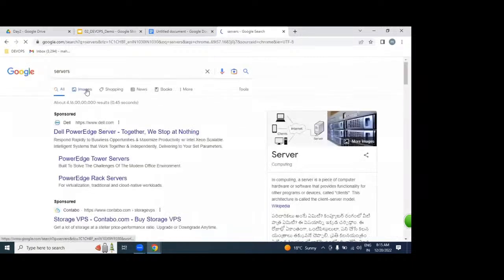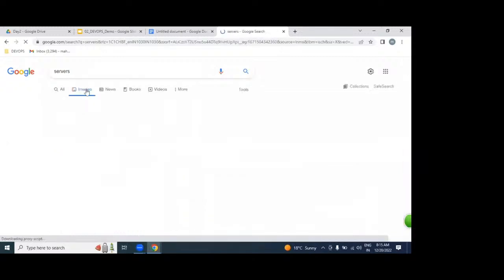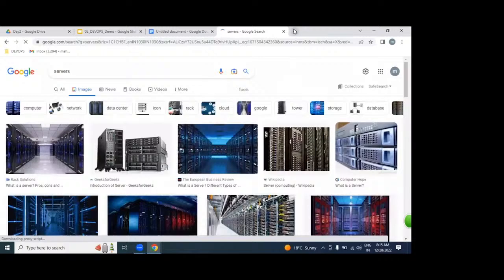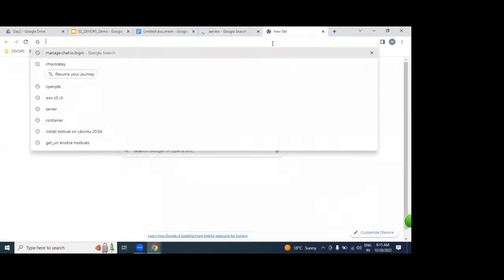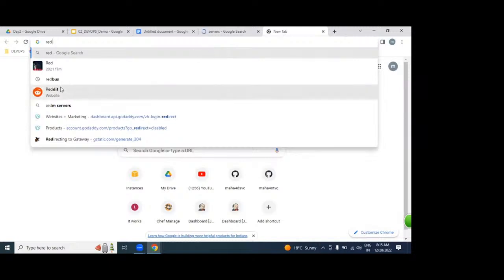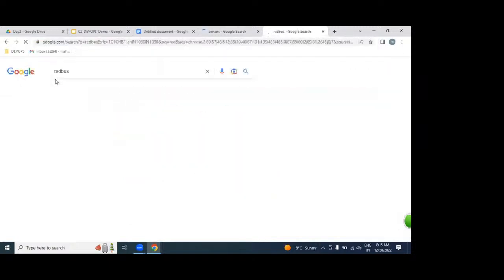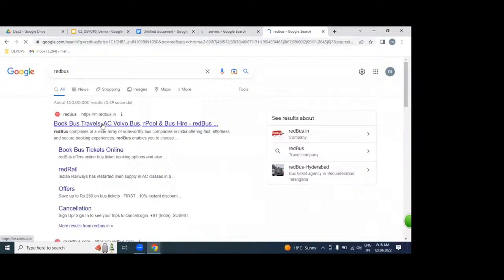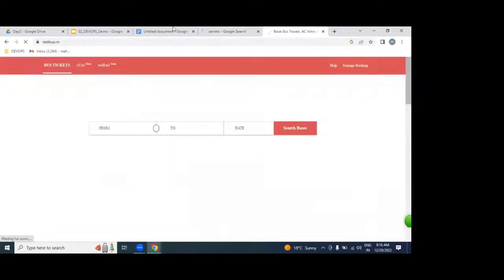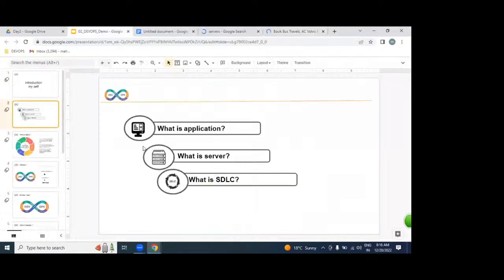Once it is placed on the server side, you access it as a website, like Redbus, Book My Show, IRCTC, Flipkart, any website. Application is nothing but a website. Simple answer.